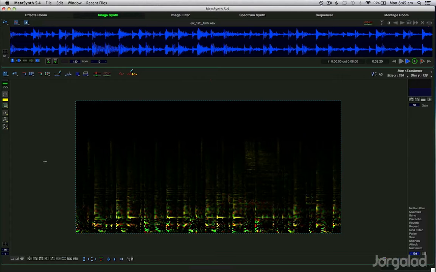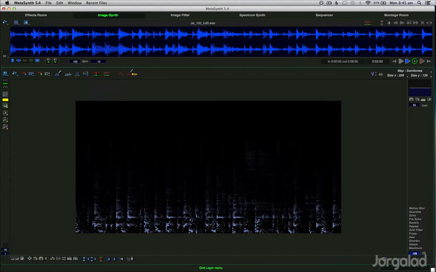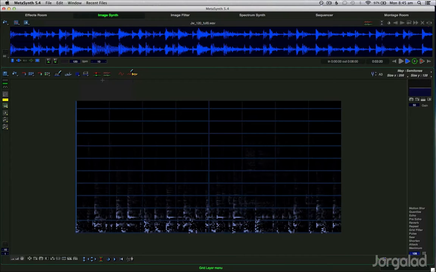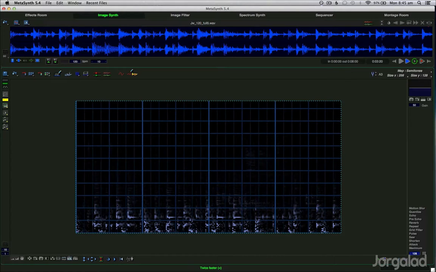The first thing we can do with this is go to the grid layer again, and draw a default grid. And now we got our familiar lines, but all the same tools apply on the grid layer as well. So we can double these lines by pressing the twice faster button, like this, and it keeps getting faster and faster. And now we have quite a lot of grid lines,